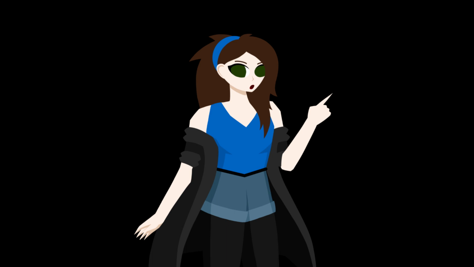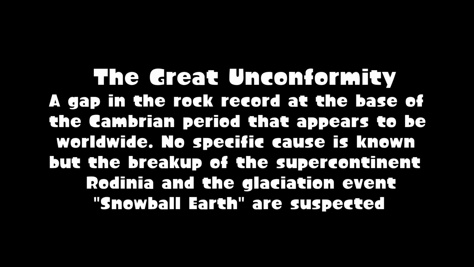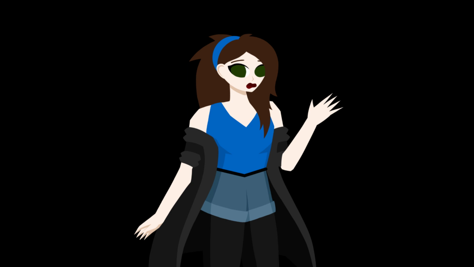To be clear, when I say the rock isn't there, I don't mean there isn't a layer in which the in-between fossils should be but aren't. I mean there should be a layer of rock with in-between fossils, but the rock is missing too. There's a chunk of the rock record that is just not there. It's called the Great Unconformity, and as far as we can tell, the rock is just gone. Eroded away completely as a result of multiple events along with any fossils it contained.